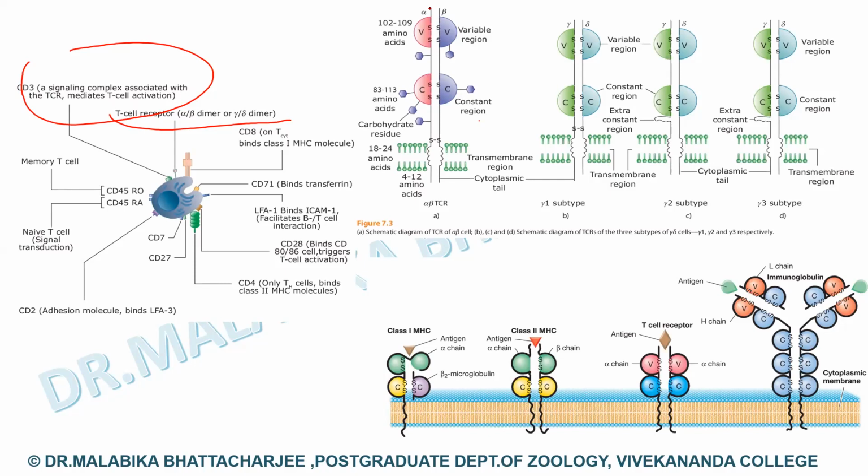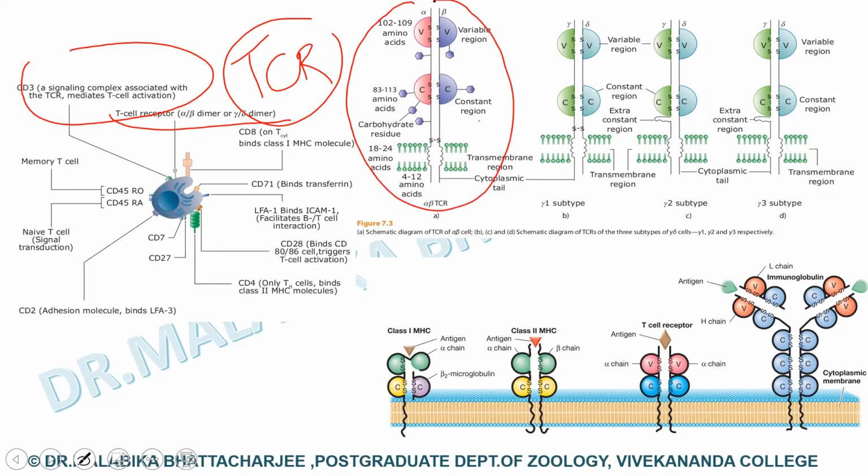So when we are talking about the T cell receptors, we have to keep in mind that there are two sets of polypeptide chains which can form a T cell receptor. One set is the alpha and the beta polypeptide forming the alpha beta T cell receptor. As you can see, this picture is the alpha beta T cell receptor. And the other set consists of the gamma and delta polypeptides, which form the gamma delta receptor. So at the outset we have to keep in mind that the T cell receptor can basically be of two types, the alpha beta T cell receptor or the gamma delta T cell receptor.